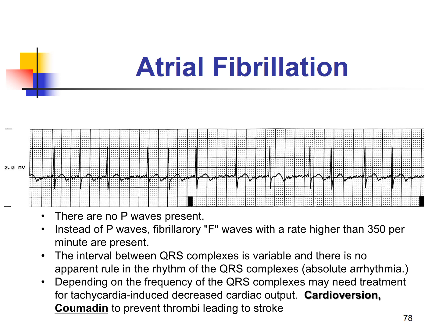So what you see is that if you look at the QRS complexes, see how they're not consistent, like the distance between one to the other. So there are no P waves. Instead of P waves, you see these fibrillatory F waves with the rate that is usually high, usually greater than 350 per minute. The interval between the QRS complexes varies, and there's no apparent rule in the rhythm of the QRS complexes. So this is what we usually call irregularly irregular rhythm,